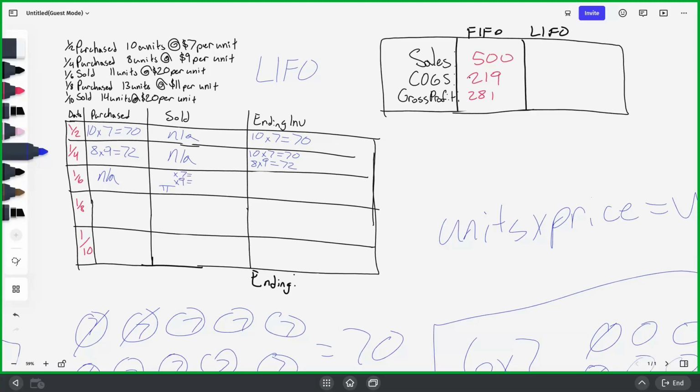So, wild guess, what's going to be our numbers here? How many units are we giving for $7 and how many for $9? Well, all of the 8 units from the $9, and then